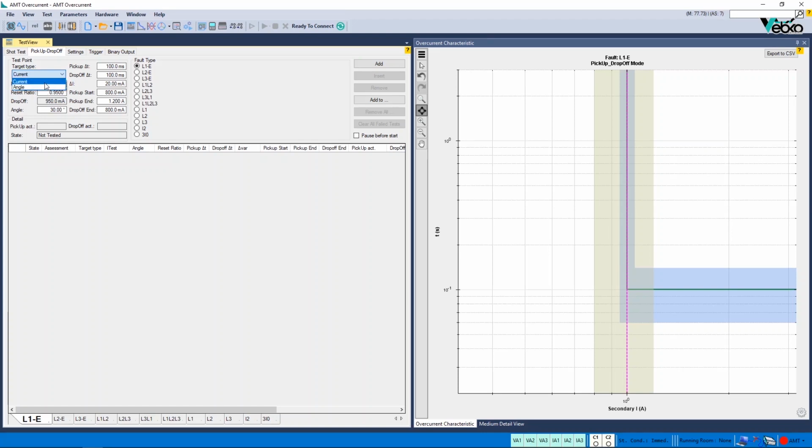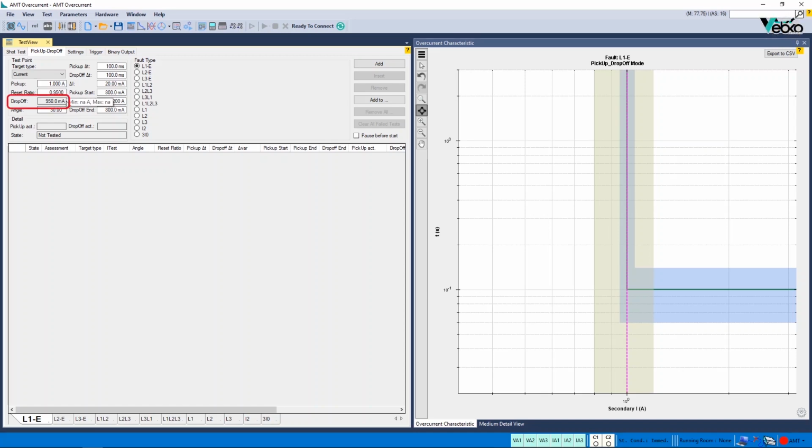At first, current is selected for non-directional tests. In the pickup field, the pickup current of the relay is specified. This means that, ideally, the relay must pick up at this current, and here we enter 1 ampere for this field. In the reset ratio field, the ratio of drop current to pickup current is specified, which here is set at 0.95. Note that by specifying a value for reset ratio, the software calculates the drop current value and displays it